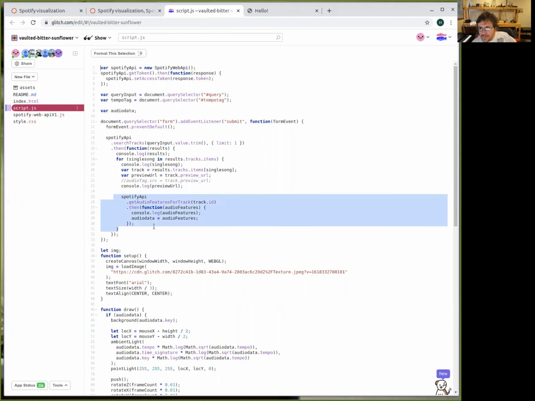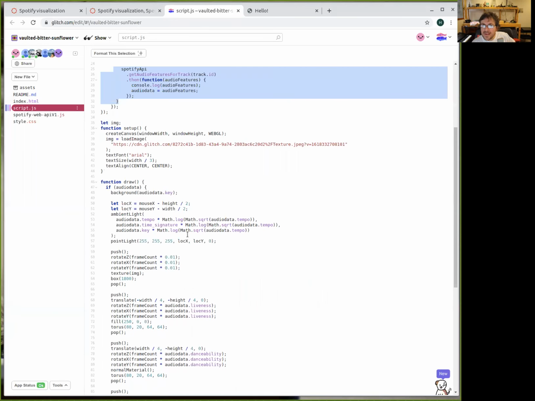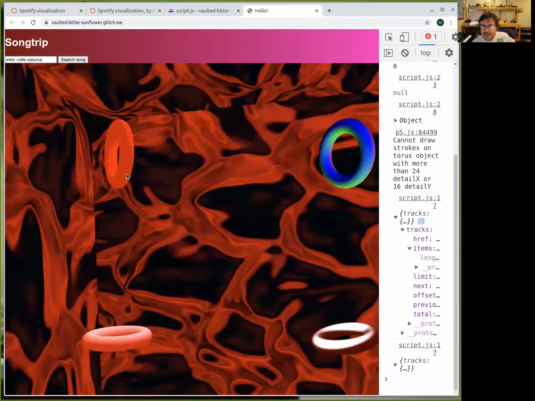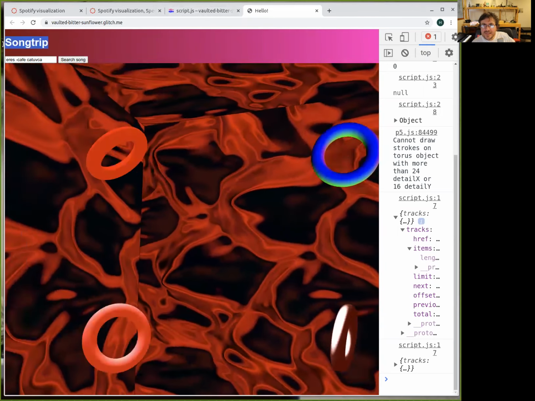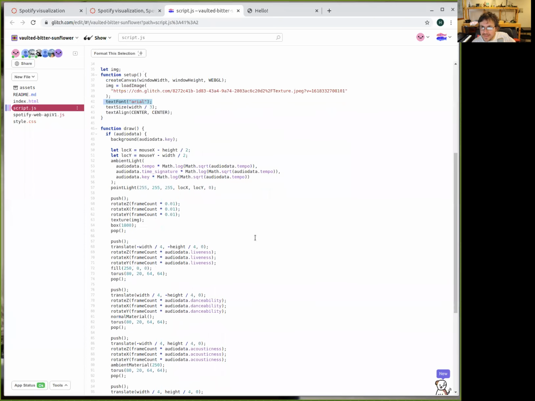Okay, so here we're getting the audio data. And now this is the part of the code for the graphics. The torus, yes. And then we have a text. We're not using the text, are we? Yes, on the let's get a song strip. Sorry, but I don't think this song strip is being used for this Arial font. Okay. Yes, I forgot to delete that. Sorry, teacher. No, it's okay.